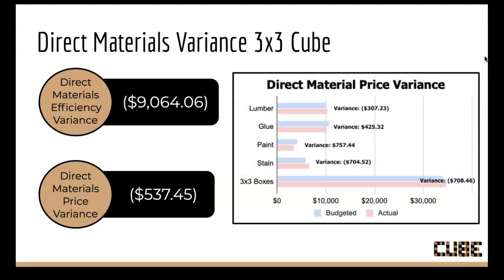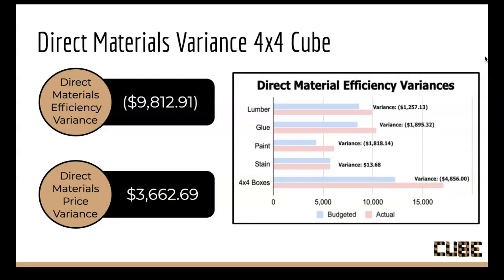And for our direct materials price variance, the variance was $537.45, which was also an unfavorable variance. And this was due to a couple of things. First, stain and our 3x3 boxes both had large unfavorable variances. Stain had an unfavorable variance of $704.52, and our 3x3 boxes had an unfavorable variance of $708.46, and that was partially offset by paint having a large favorable variance of